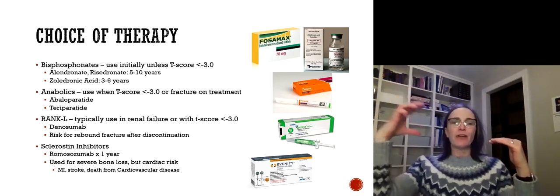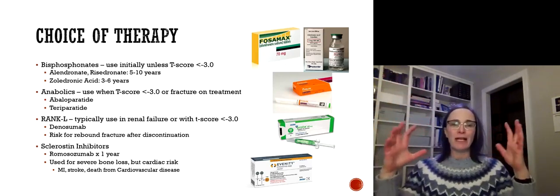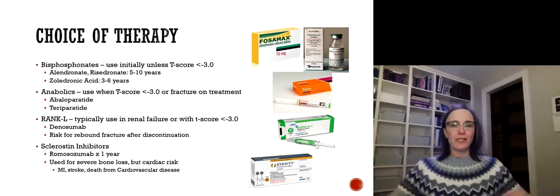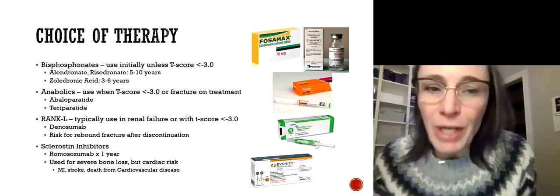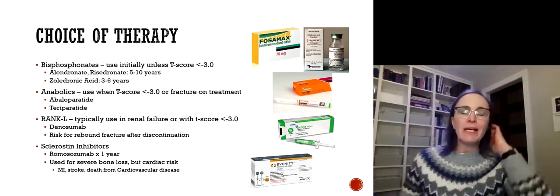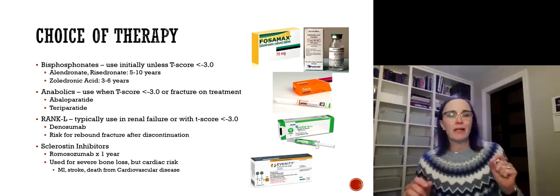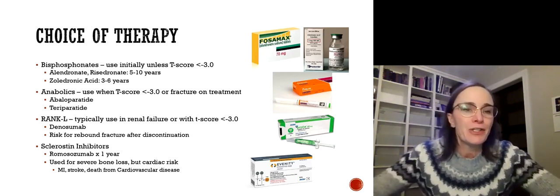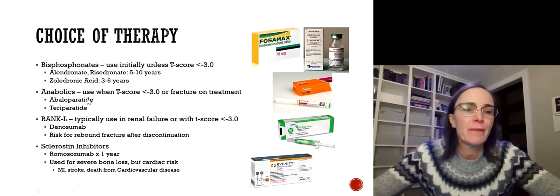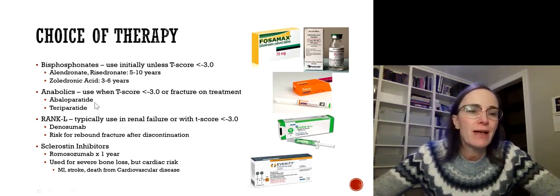Okay, so that is a drug that we're going to use when somebody has severe osteoporosis. That's why I'm saying to you, when the T-score is less than -3, I want you to be sure to refer them, because we want to start them on anabolic agents before we start them on bisphosphonates. And our two choices right now for anabolics are abaloparatide and teriparatide, otherwise known as abaloparatide is Tymlos